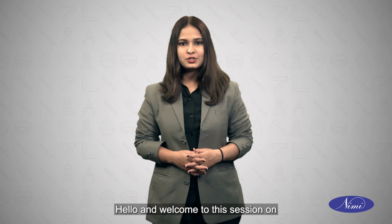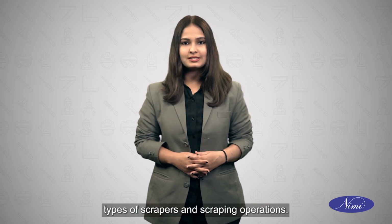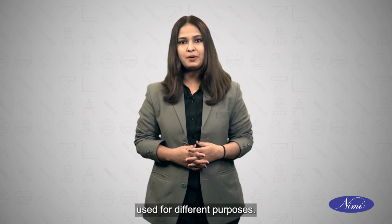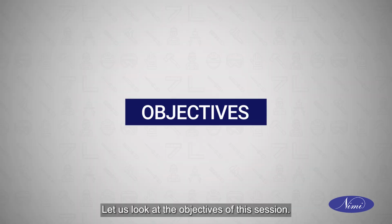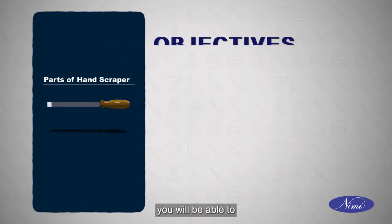And welcome to this session on types of scrapers and scraping operations. Scrapers of different types are used for different purposes. Let us now learn about types of scrapers and scraping operations. Let us look at the objectives of this session. At the end of this session, you will be able to